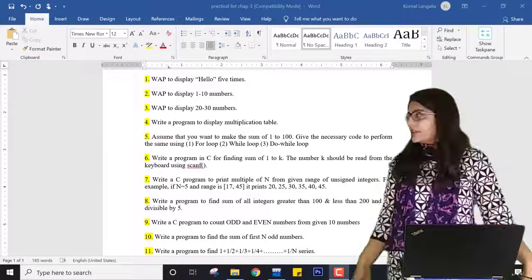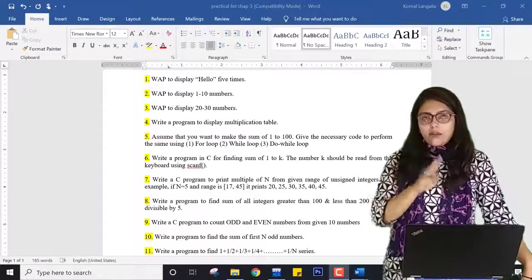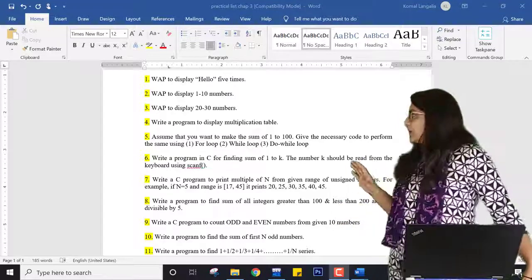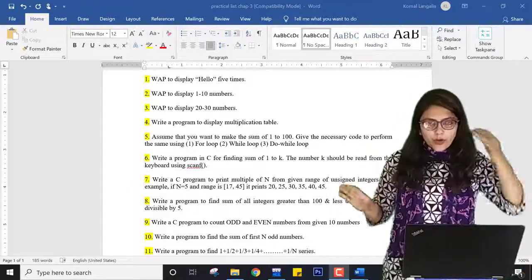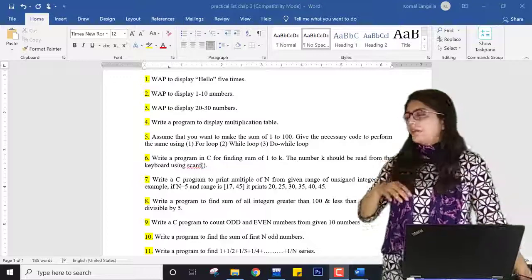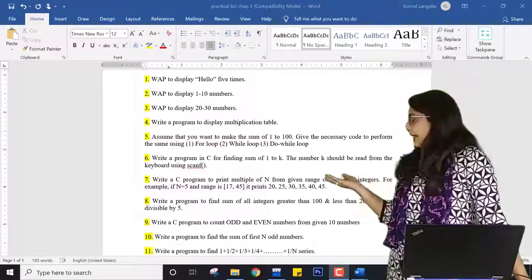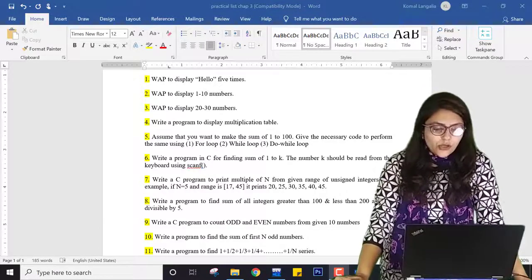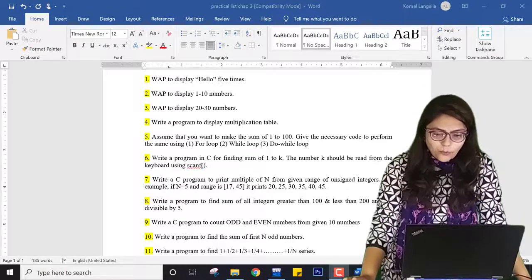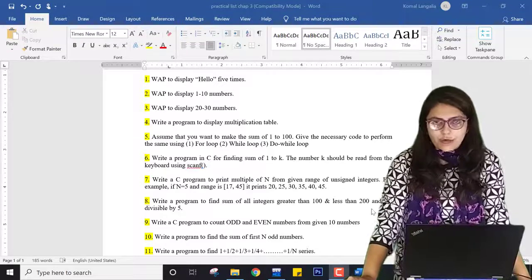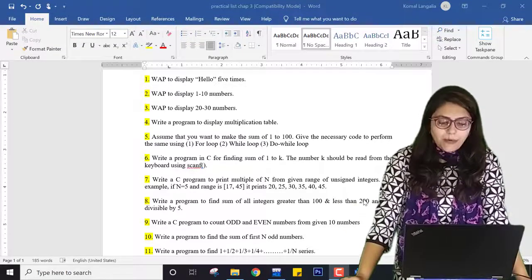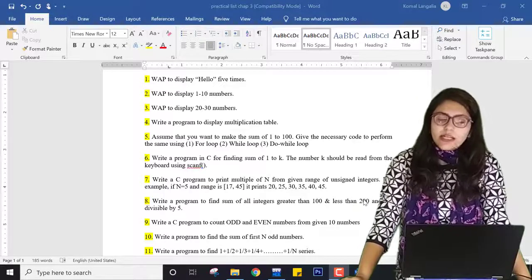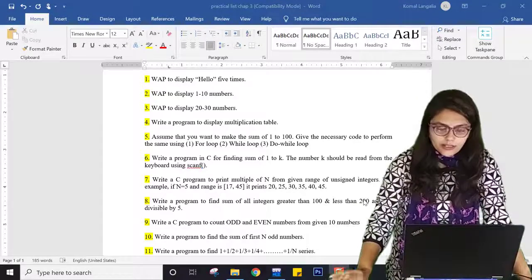Demonstrating loops, right? So this is part 1. We have a total of 3 parts, and these practicals are comparatively easy, so I have included this in part 1. These 11 practicals will demonstrate the examples of loops, right? Let me open my IDE and perform these programs one by one. I'll perform the first 7 programs in this video and the rest of the programs will be covered in the next video.